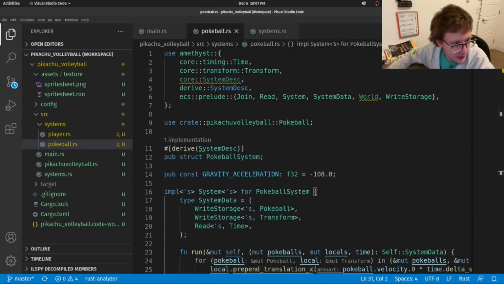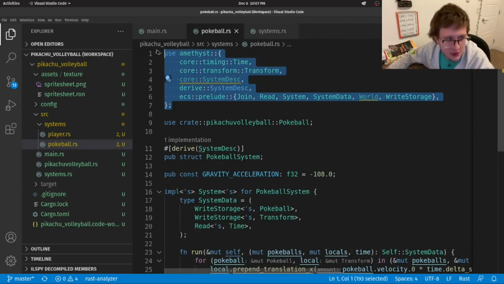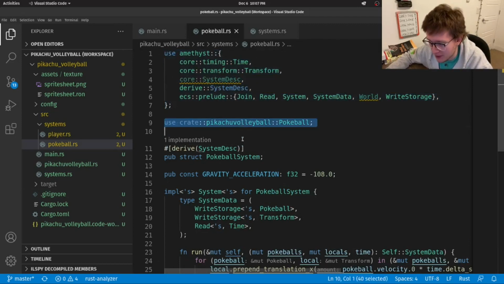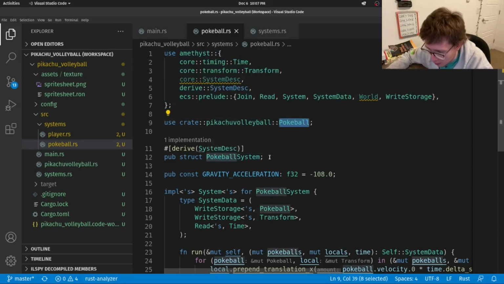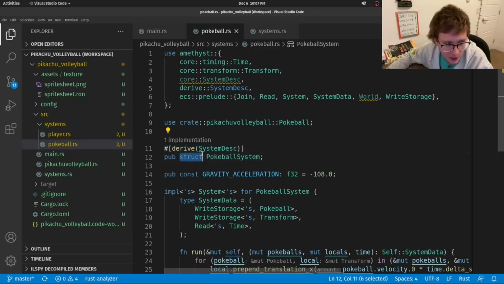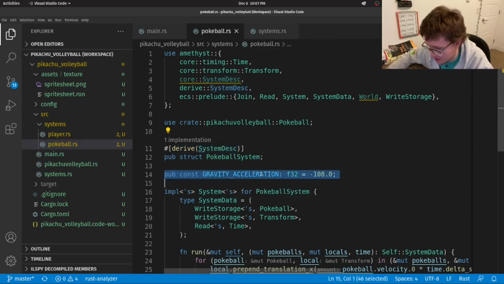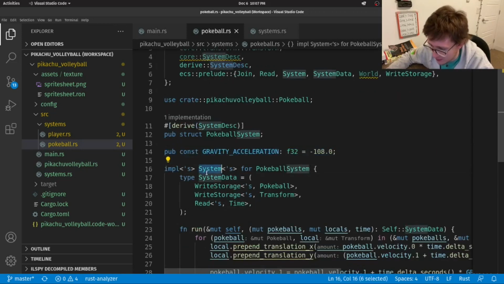All right. So, same as always, a bunch of imports, bringing our Pokeball in from an absolute path from Pikachu Volleyball Pokeball, creating our Pokeball system as a struct that derives from the system descriptor. Next, we create just properties and then implement system, which makes this an actual system.